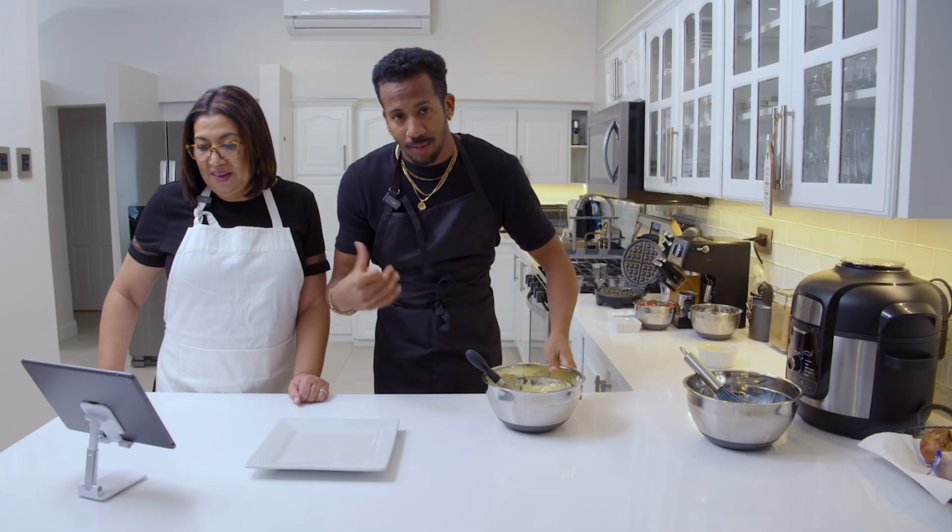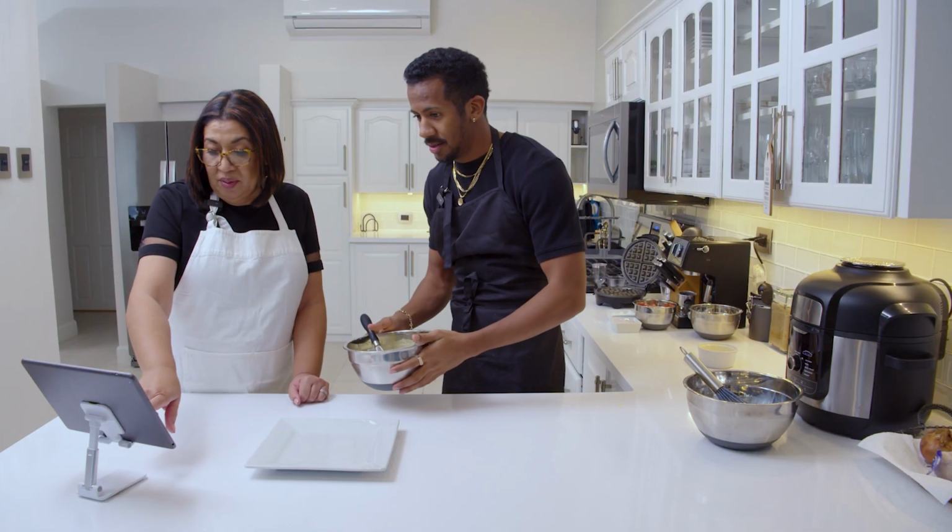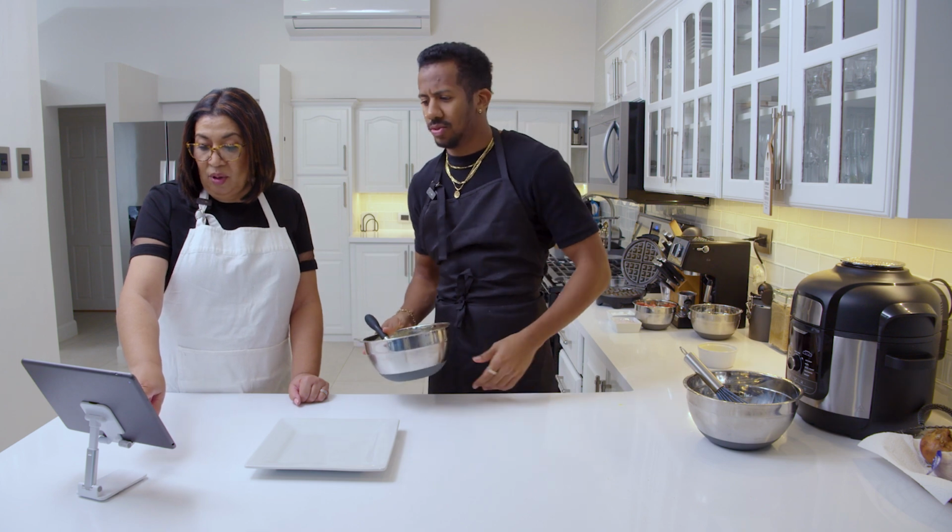Here we go. Welcome back to our cooking show. Mommy just sprayed the pan. So now we have to pour the batter into the waffle iron, spread it evenly, and cook according to the manufacturer's